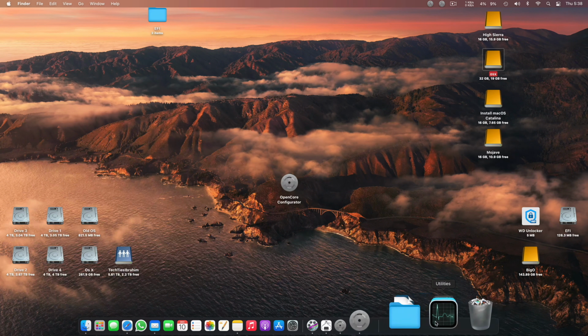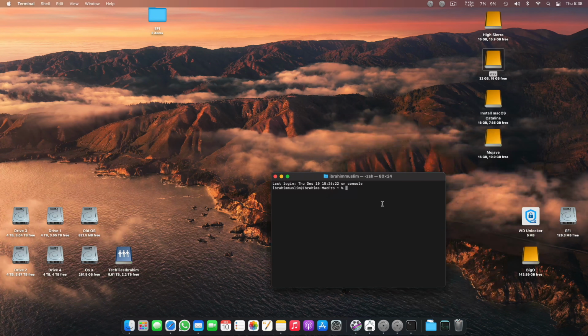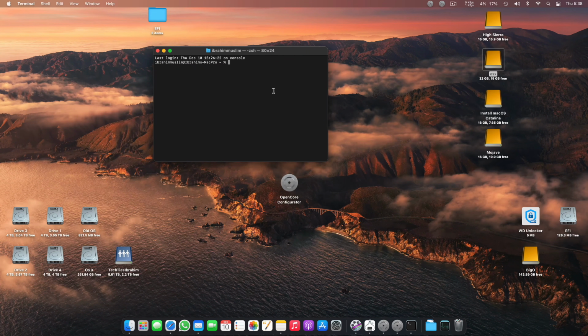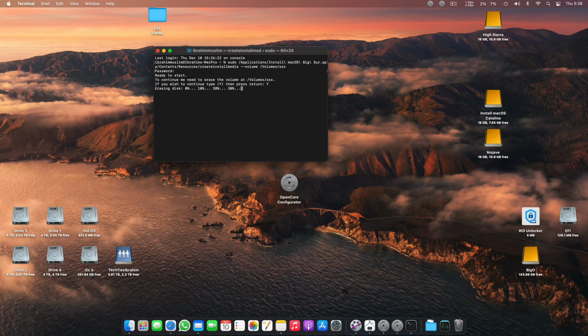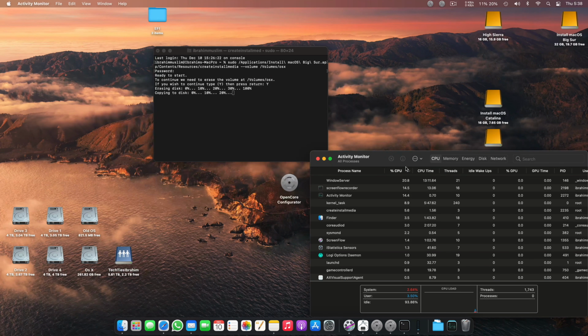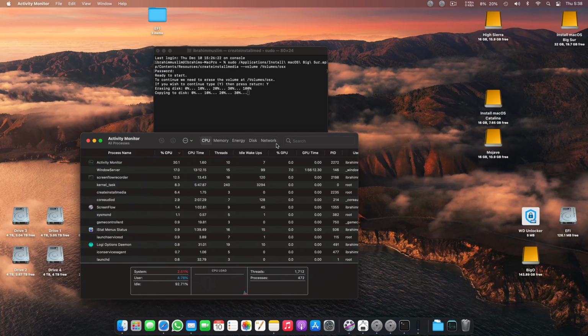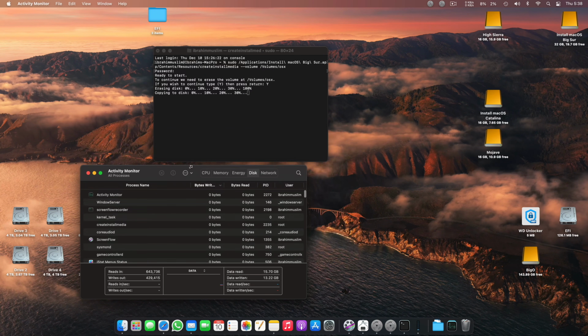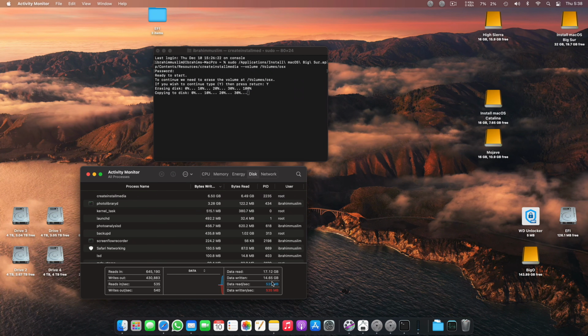I'm also using an SSD to make the installer, because SSDs are pretty fast for copying data, and it reduces our installation time by a lot. We enter the password, and voila, we press yes, and the drive which was mentioned as OS X is taken by the terminal, and it's erasing it right now, copying data. Copying speed is pretty nice on SSDs. It's even faster than almost all USB drives, and it can make the installer in like 1-2 minutes. Look at this, 535 MB per second, 40%